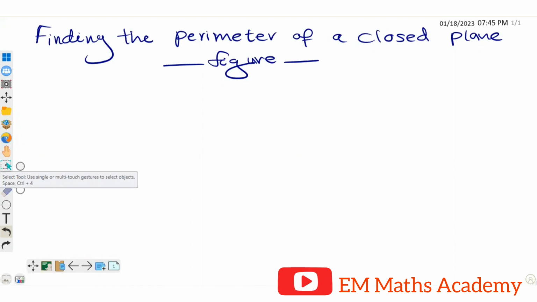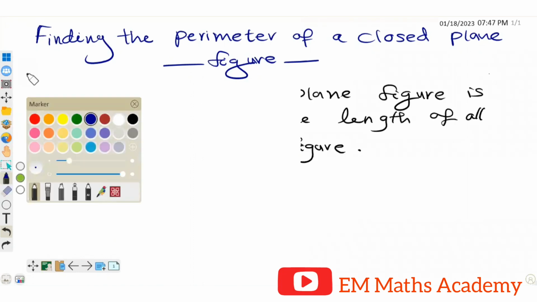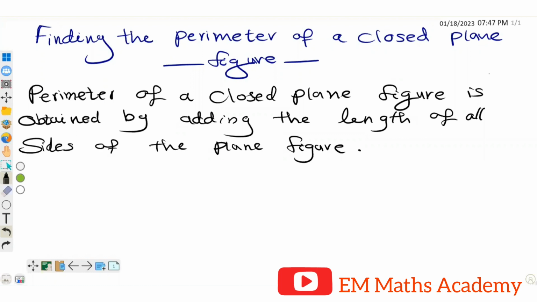That means we have to add the length of all the sides of the plane figure to obtain the perimeter. Okay, then let's define the perimeter like this. An equation to find the perimeter of any closed plane figure. I can write it as perimeter is equal to total outer length